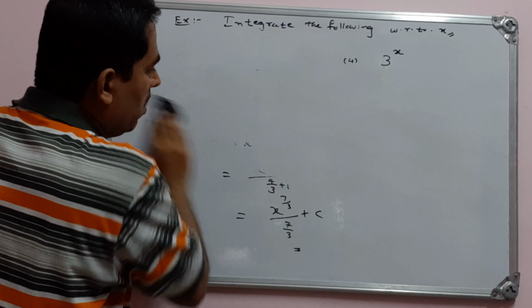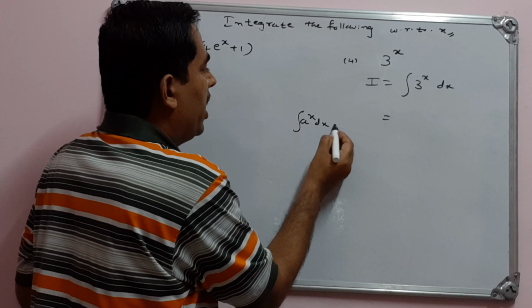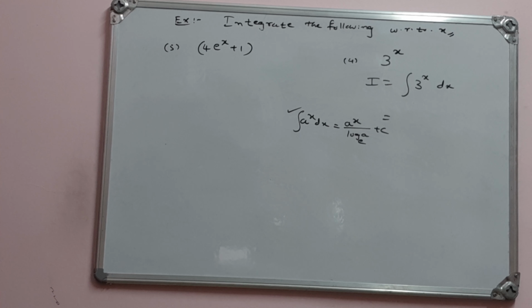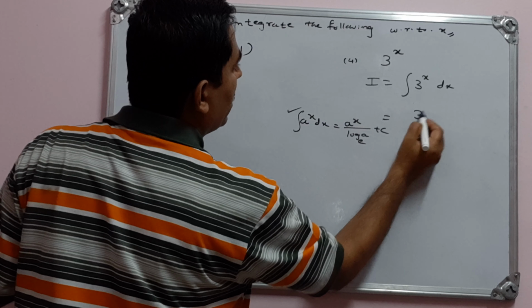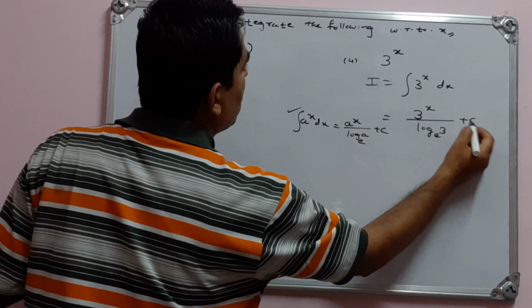Okay, for this, what we will do is integrate 3 to the power of x. So use the formula. What is the formula? Integration of a to the power of x. Write the formula, very, very important. Integration of this one is a to the power of x divided by log a plus c. Okay, this is the formula for integration of a to the power of x. So a to the power of x divided by log a, to the base e. So use this result. Instead of a we have 3, so replace a by 3. So that is 3 to the power of x divided by log 3 base e plus c. Okay, over.